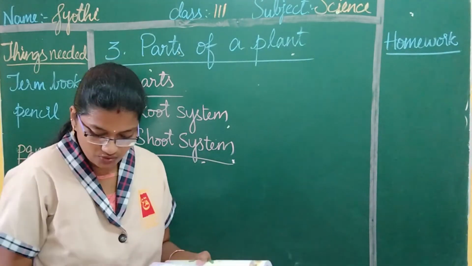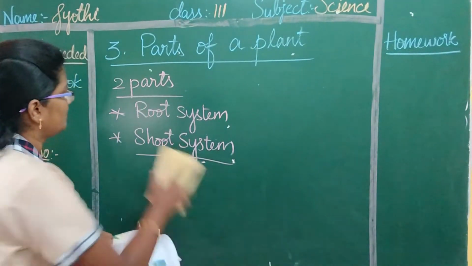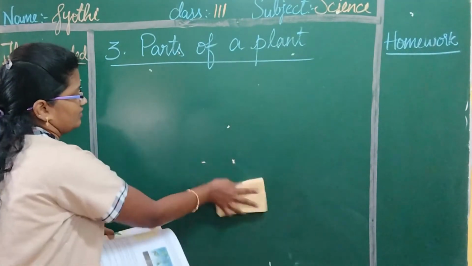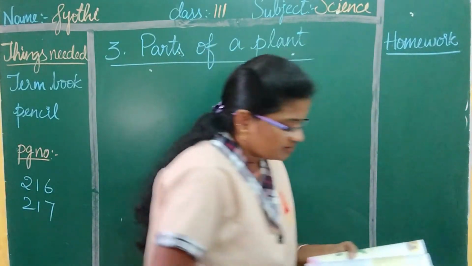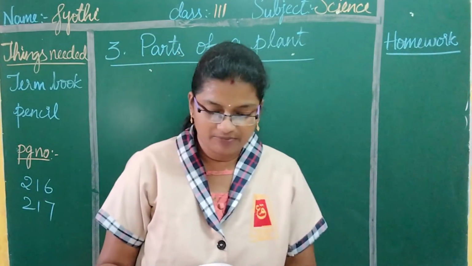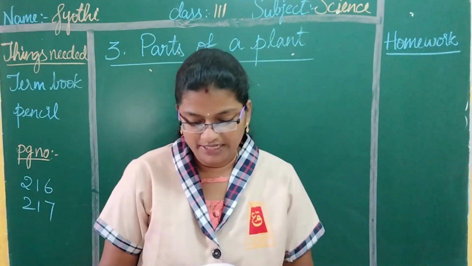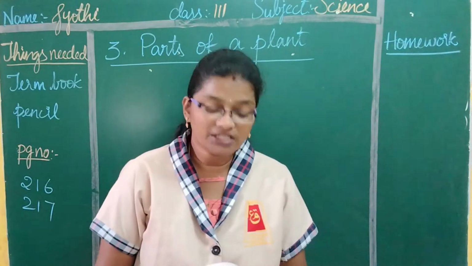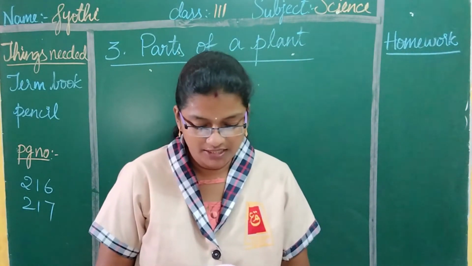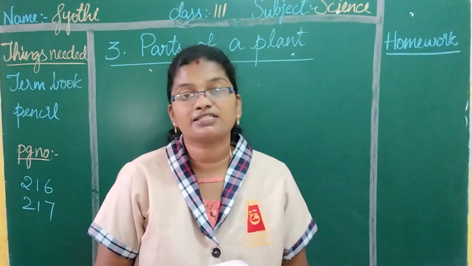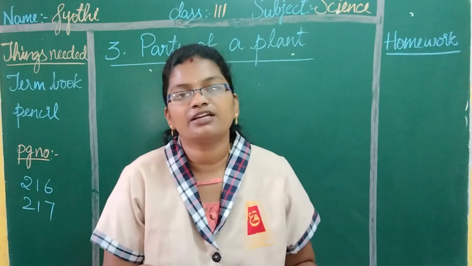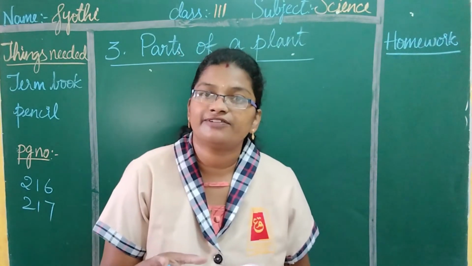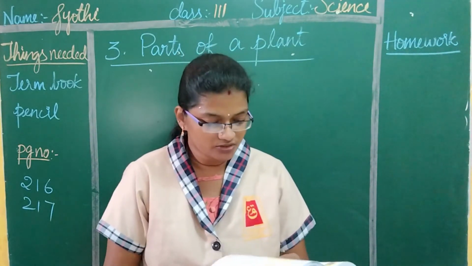So coming to roots. Here we are going to learn about roots. These originate from the lower portion of a plant and they remain underground in the soil to perform basic important functions which are described below. These roots remain inside the ground and there are certain functions for the roots. Let us see what those are.